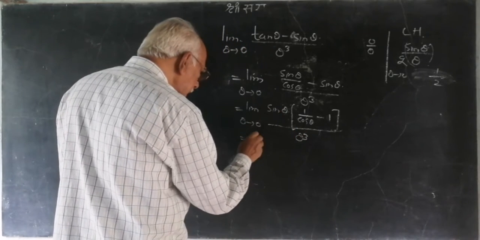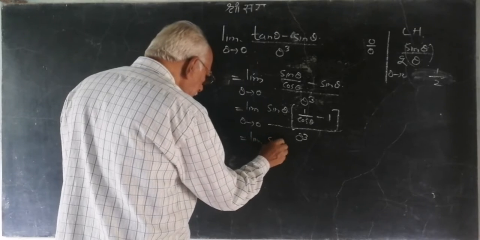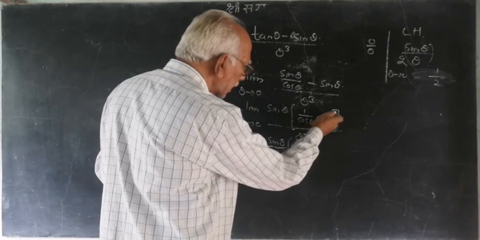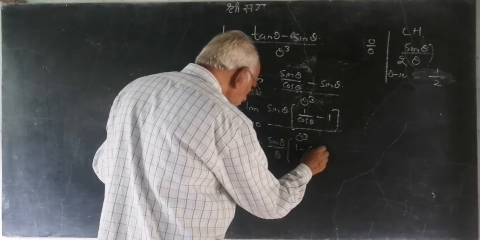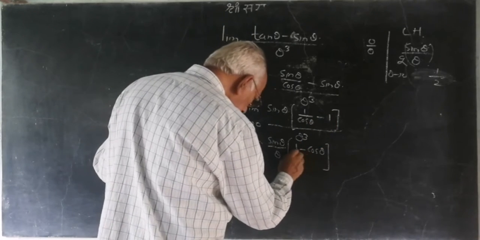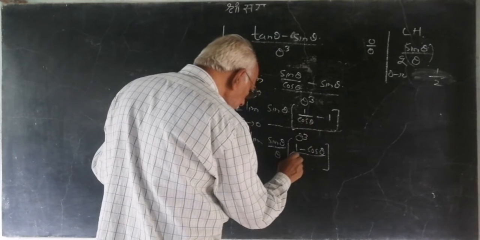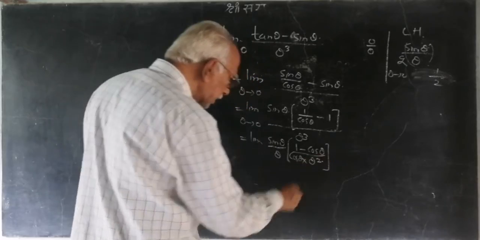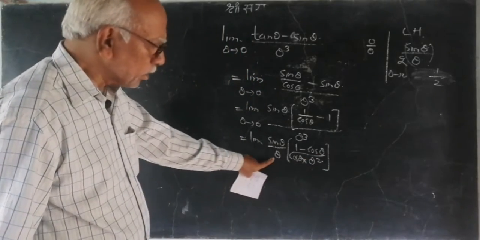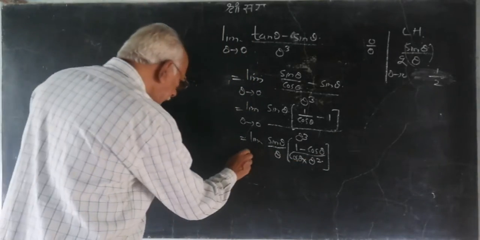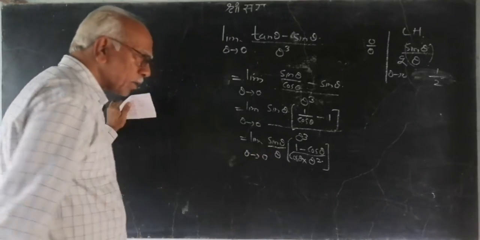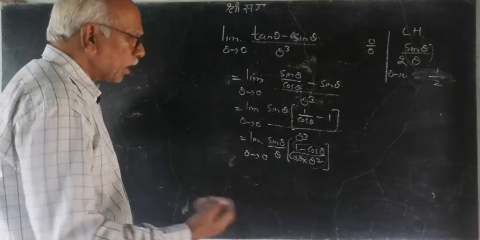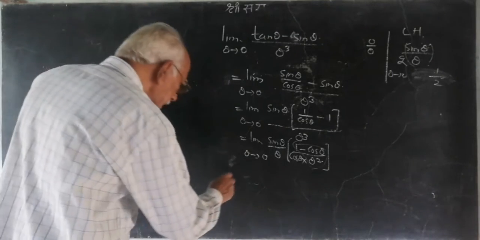So what do we do here? One theta we take with sin theta. If you take the LCM, it will be 1 minus cos theta, and then this cos theta will come in the denominator, and here only theta square will remain, because we have taken one theta common, as theta tends to 0. So what is this part? It is the earlier sum. That way we did that sum, we will do the adjustment.